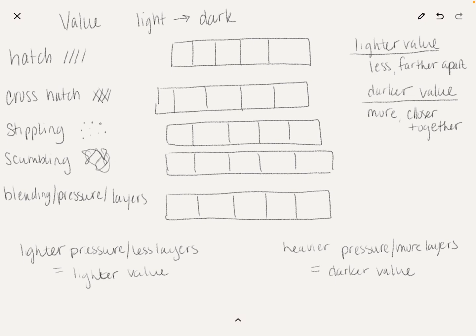All right, so hatching is this one right here. And you're going to notice that this is a single direction line, okay? Lighter values are created by less lines that are farther apart, and darker values are created by more lines that are closer together. Now, with the hatching, I'm going to do just a few lines here. We want to be able to see that there are distinct values as we go along. So we should have a light, a medium,